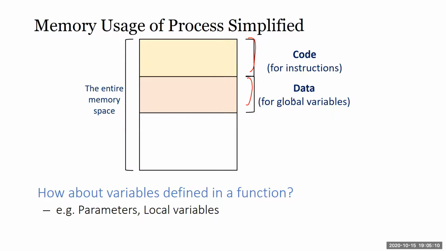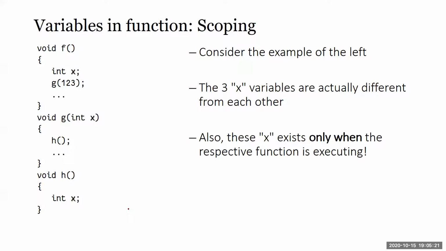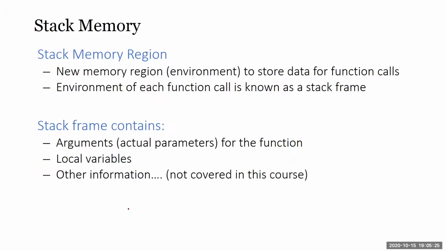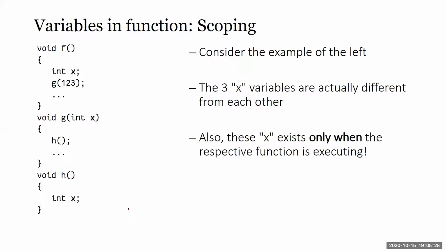So as you run, obviously this data is basically for global variables. But how about local variables? That's why we say global variables are not very good to use. How about local variables? Your parameters that you create. Okay? So basically, this is just scoping, right? Which I talked about previously.